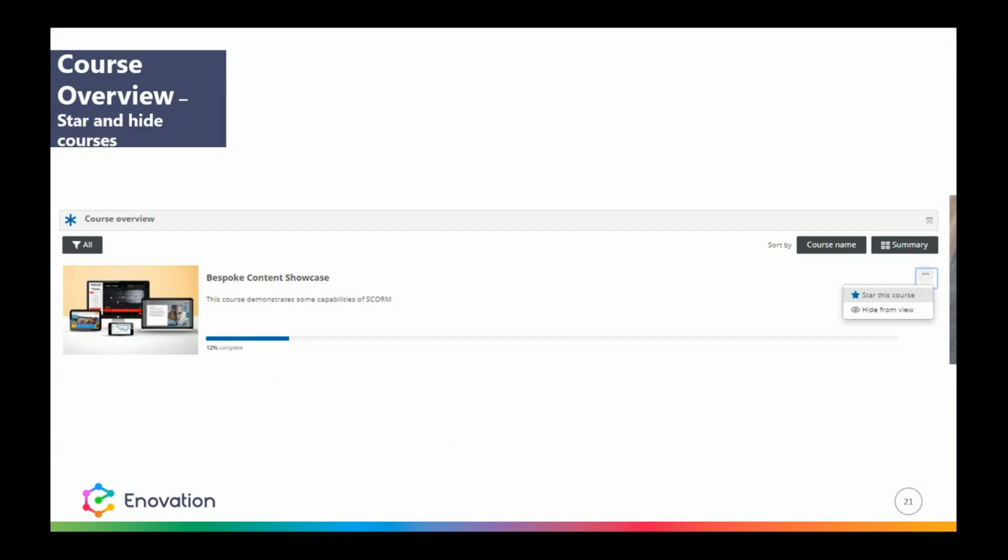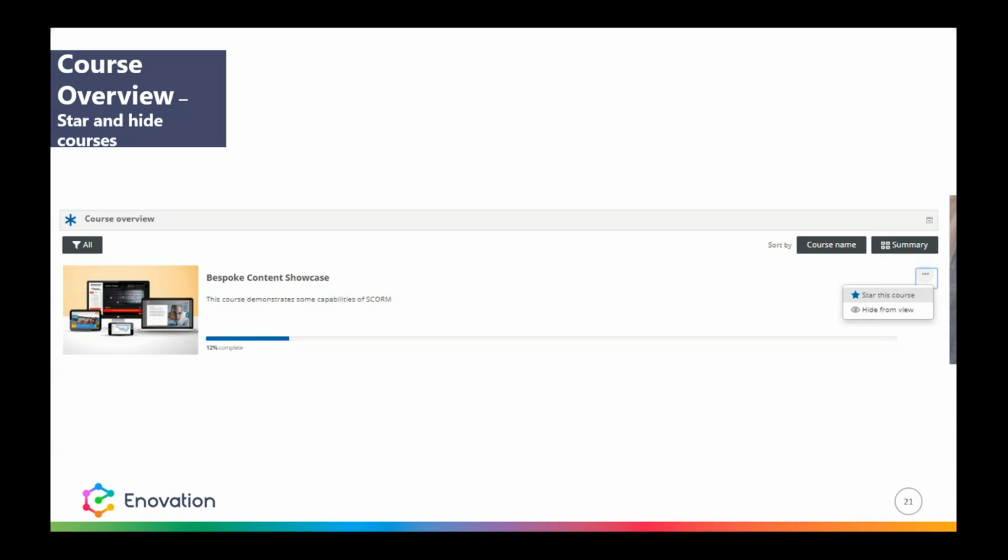So in addition to that, in the course overview, students can also star courses and hide courses from view. So starring courses is interesting. In a case where a learner is enrolled maybe in 5 courses, might not be an issue. But if there are numerous courses on your site, and sometimes they could have up to 70 courses, or even a huge number of courses, it is good to allow the user to star courses, because they can focus on the courses that they, for example, want to complete within the next month,